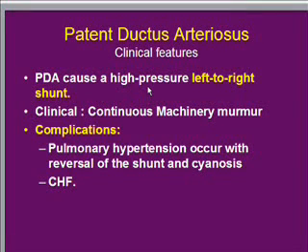Bad blood. So we call it a left to right shift. Once again it will produce a very high pressure left to right shunt, meaning the good blood is mixing with the bad blood. As a result of this shift or flow of the blood continuously from the aorta to the pulmonary artery, you get a continuous machinery murmur, which is an important point for the diagnosis of the patent